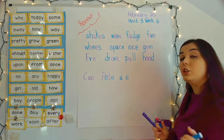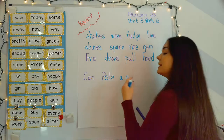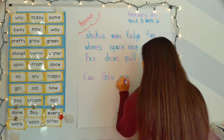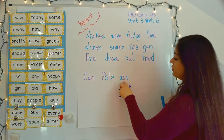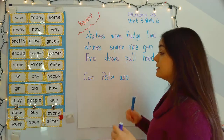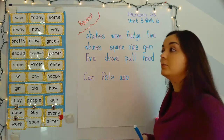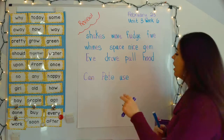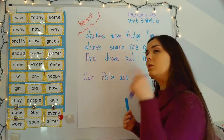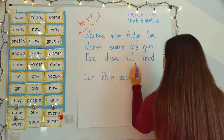U blanky, like the cube card, when we say that U, we just hear the letter U. S says s, use. So this word is a high frequency word, and now that we have U blanky as a sound that we have learned, you might have it in your back pocket, you just know it. Then you can sound this word out when you see it, in case you don't know it when you first see it. You can sound it out. Can Pete use